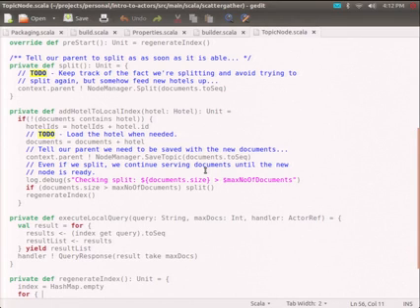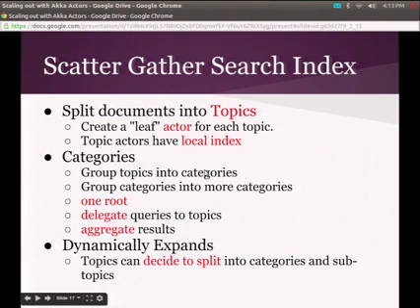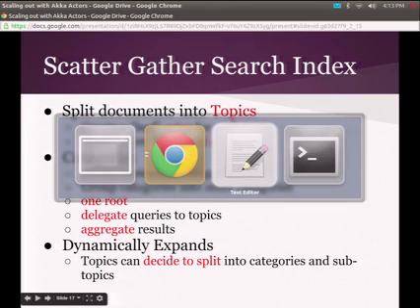And so this is where I can get my scaling. If I can fragment my problem out to enough actors and get the right granularity, I can actually keep track of state in a safe way across many, many, many threads. Okay? All right, so that's what topics look like.